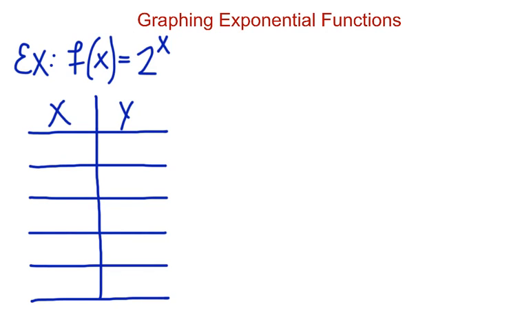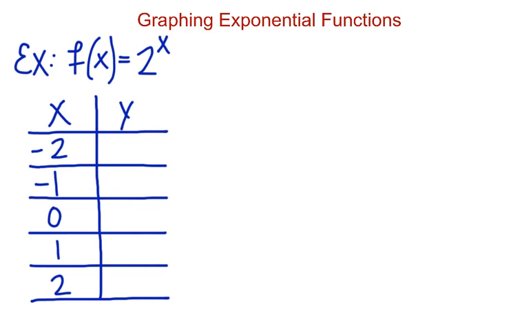First, let's try f of x equals 2 to the power of x. So this will be our exponential one. And in class we talked about some choices for x. So hopefully you feel pretty comfortable with the following choices of -2, -1, 0, 1, and 2. Our motivation here, we said if you go smaller than that, you're going to have really, really small fractions or decimals. If you go larger than 2, you're going to start getting values that are too large to graph. With a base of 2, you have a little bit of wiggle room, but these are a good 5